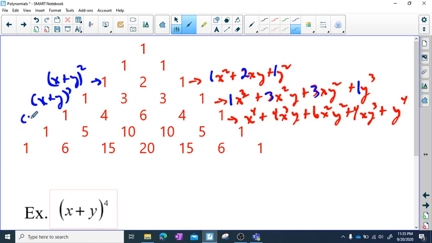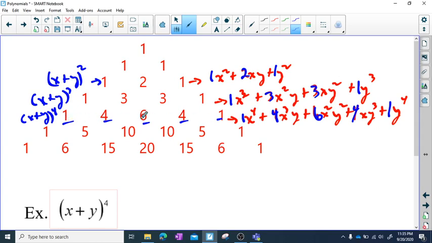x plus y to the fourth power is 1x to the fourth plus 4x cubed y plus 6x squared y squared plus 4xy cubed plus 1y to the fourth. 1, 4, 6, 4, 1. So these coefficients